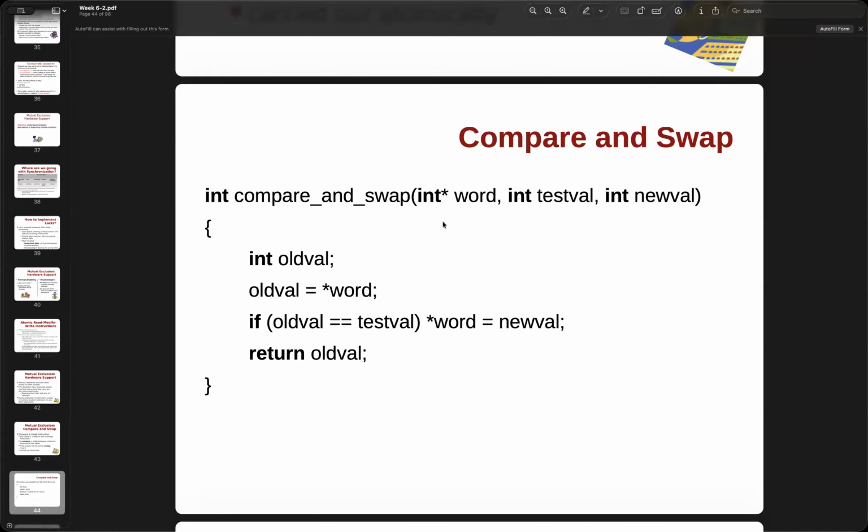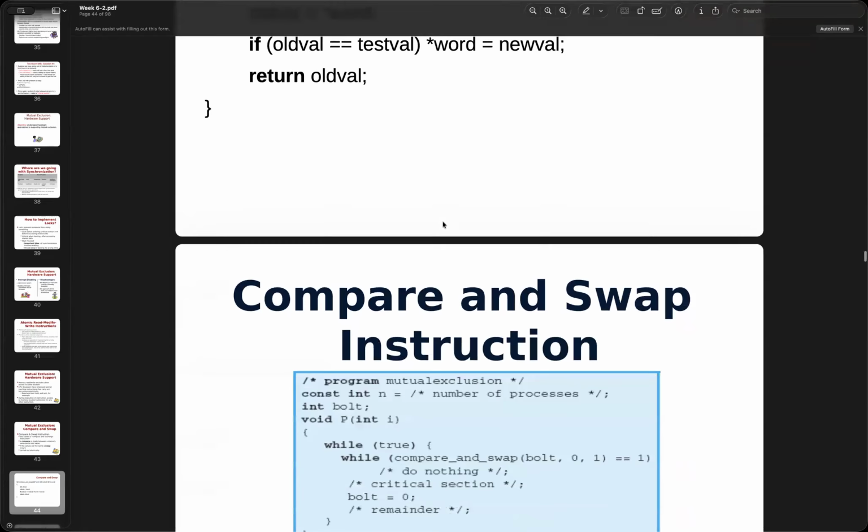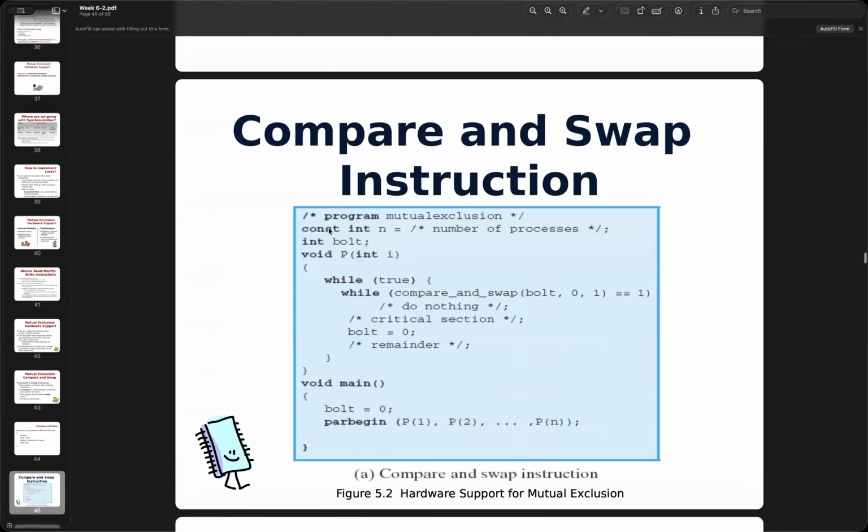Here is more detail. Let's say we have a program to execute, and we have a number of processes. We have an integer bolt, and a void function that returns nothing, with a while true so we keep executing. What we are going to do is compare and swap, with the bounds 0 and 1.